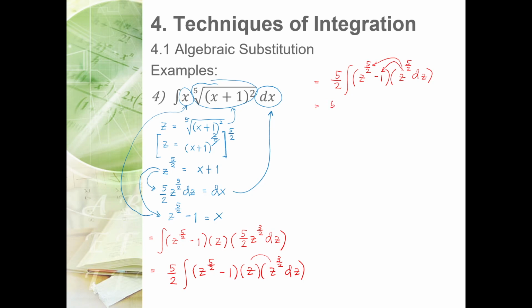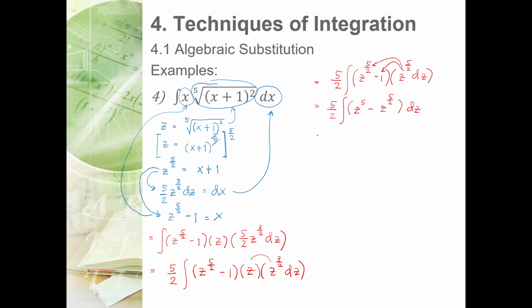So you have 5 halves z. So 5 halves plus 5 halves is, ilaman? 5, di ba? Because that will be 10 over 2, and then 10 divided by 2 is 5. Then minus z to the power of 5 halves dz. So looking at your new equation now, so it can be